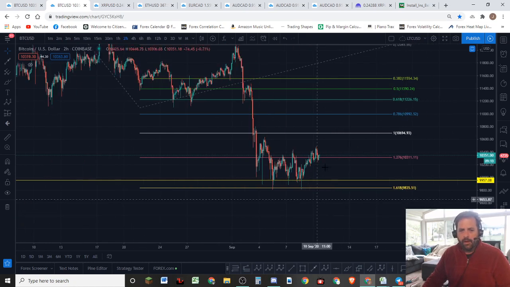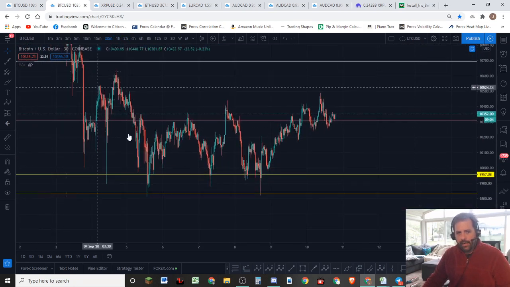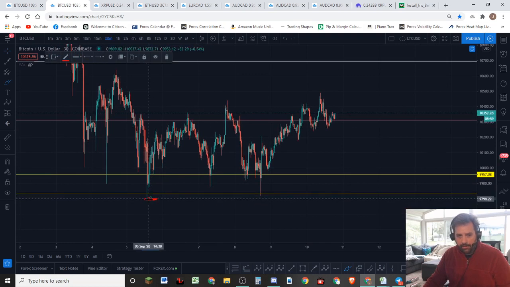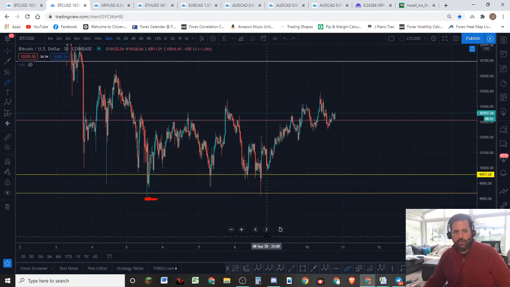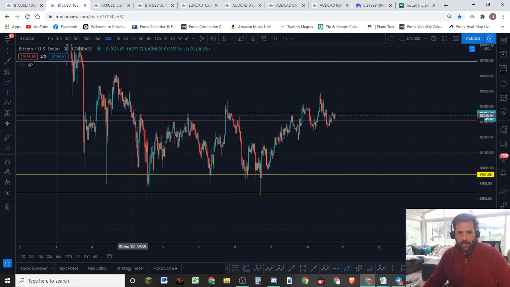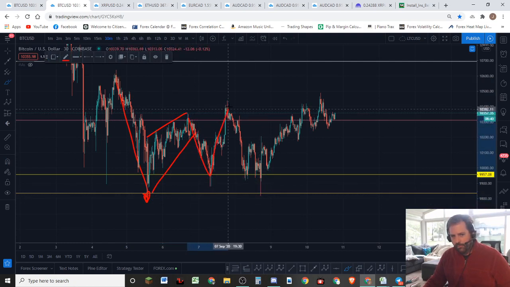Okay, all right. So let's zoom in on this wave right here and see what we can see. All right. So what I know is that this is the bottom right here. That's the lowest point. This came and almost touched it, but it's not lower. It didn't break the low. Okay. So those are things that I know so far. This is a 5-wave move that finished something. Okay, I've got a leading diagonal that began something. Okay, then I have this 3-wave move right here in the middle.